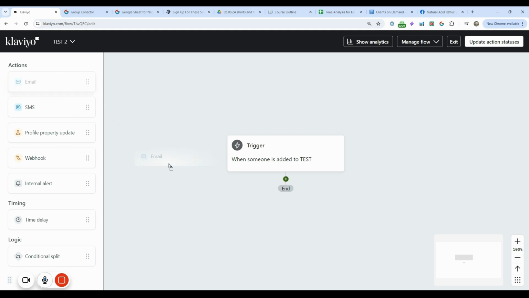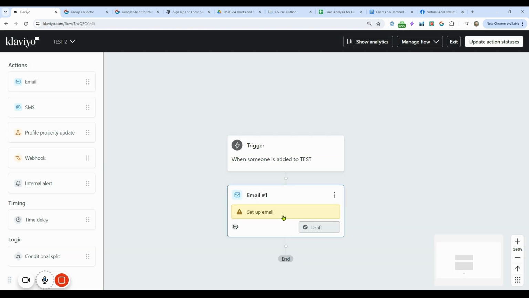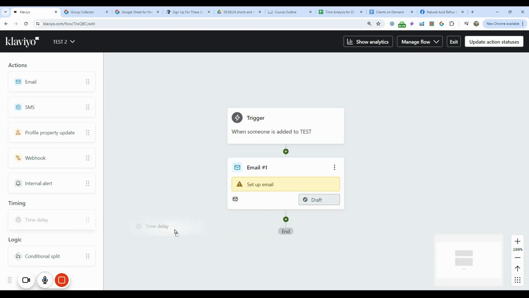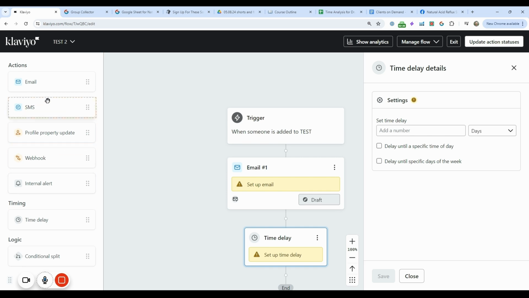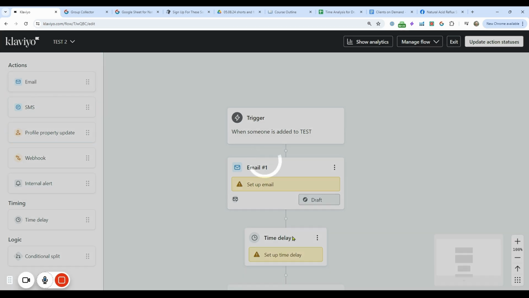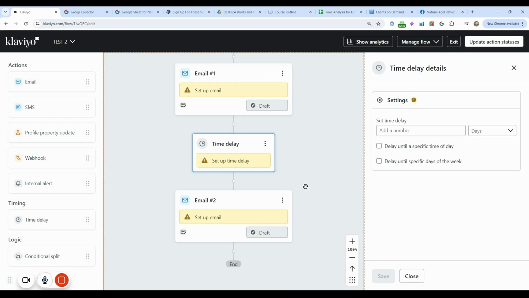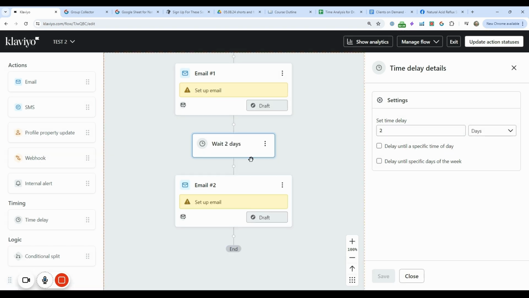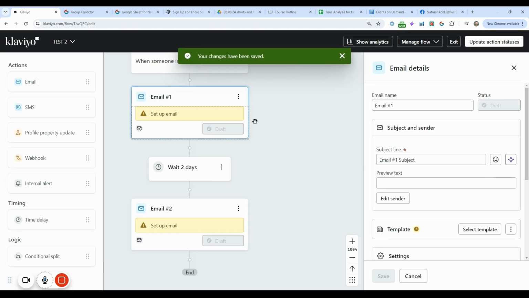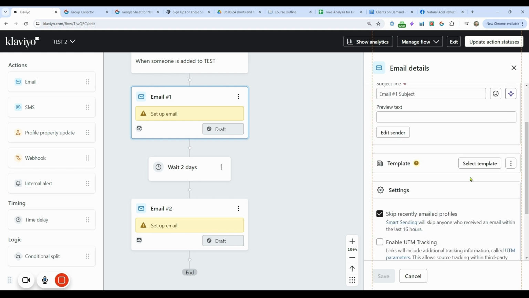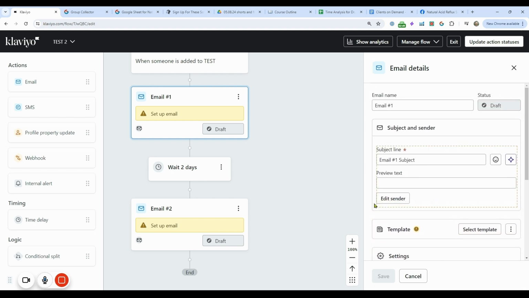And now what we're going to do is add an email immediately. So that's going to put on somebody right away. And then if you need to make time delays, you can do this. We'll go into the email sequence in a later email. But you can see that we can set up time delays, emails, and then when you want to change anything, you just put it here, hit save, and then that will save that. And then when you're ready to set up the email, here's your subject line, preview, select your template if you have one, and then you can write the email as well. So that's how you set up Klaviyo.